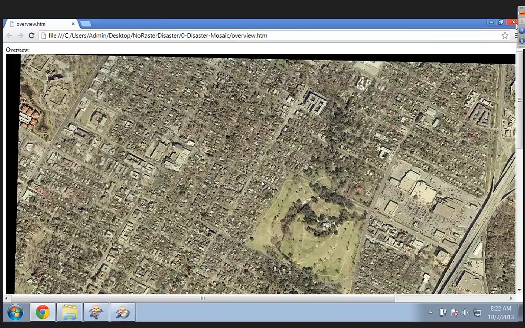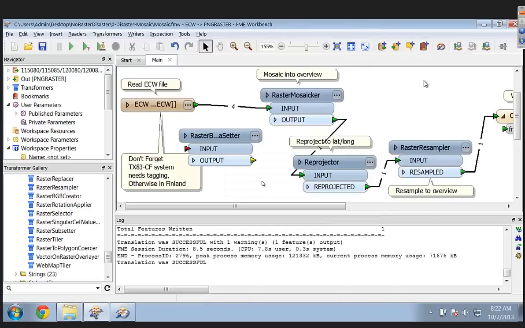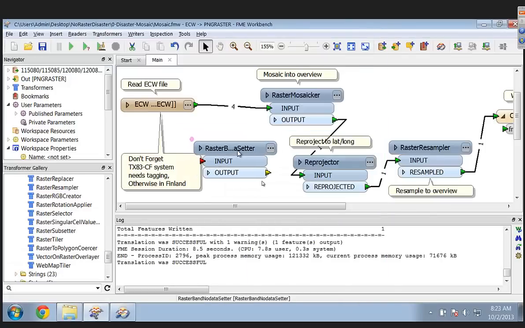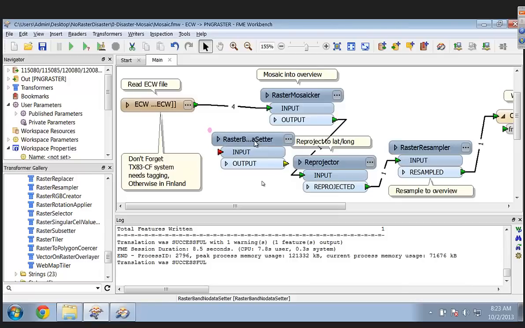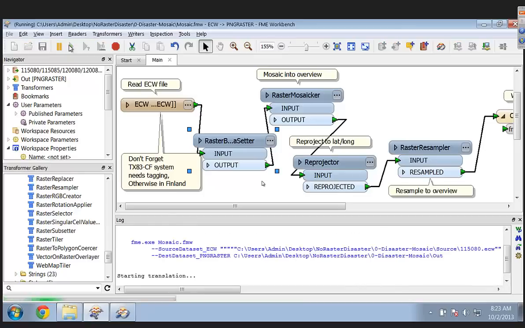So here we see that we did produce a nice image with nothing chopped in the middle, but we got black around the outside. Yeah. And so that isn't that big of a disaster. But if I just slide the old no data setter in, probably anywhere in here, in front of the master mosaic out. That's right, the best place? That's the best place. And then let her rip one more time.